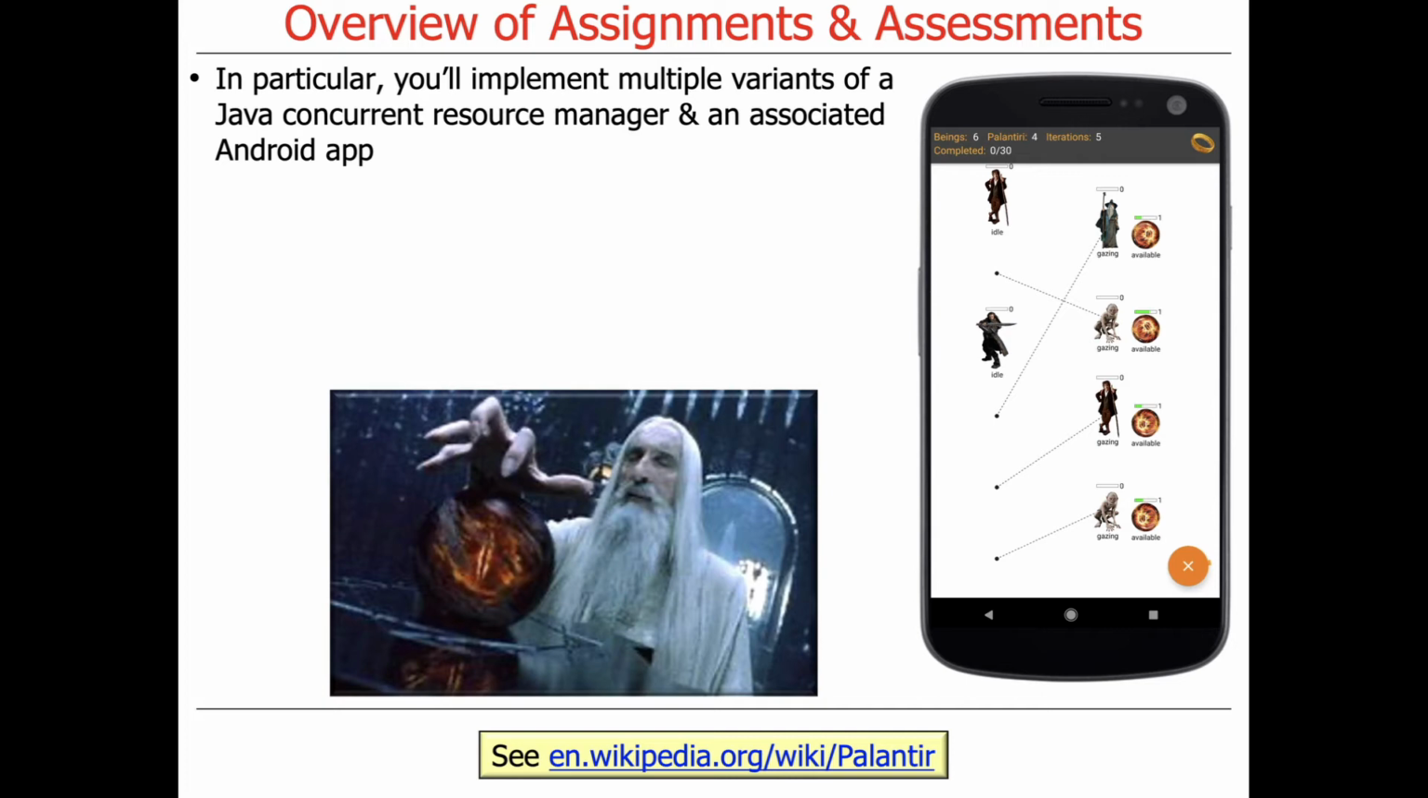And these different beings take turns gazing into the Palantiri. So it's a classic concurrent resource management problem where you've got M resources, which in this case is Palantiri, and you have N users, clients, beings, threads that want to be able to gaze into those things. So they have to take turns basically sharing access to the resources concurrently. So it's a really great example of a problem you run into all the time when you're building concurrent applications,